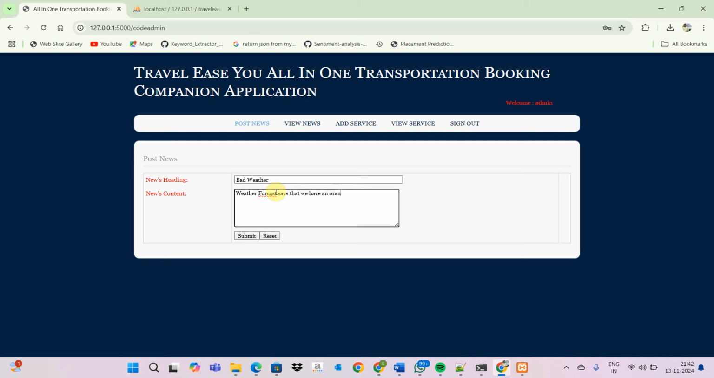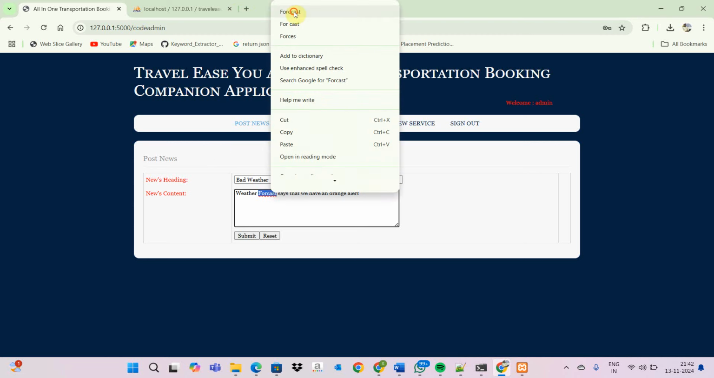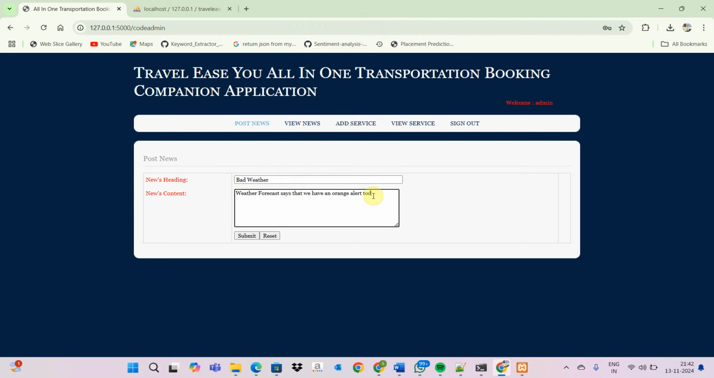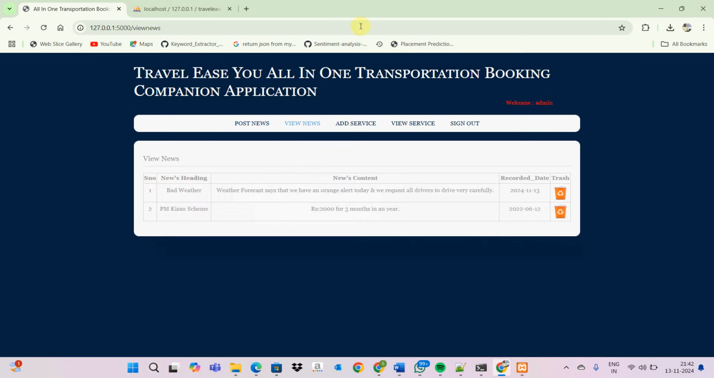in orange alert. The forecast says we had an alert today, and we request all drivers to drive very carefully. This is the news which we are going to post. Submit the rules. Here we'll have that news, and it will be published across the users and